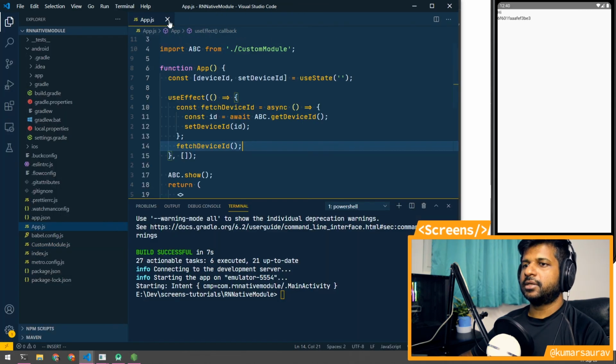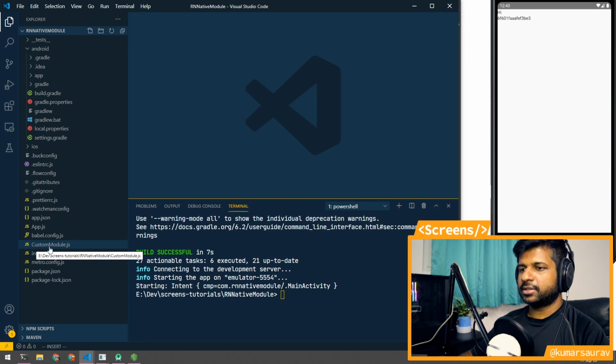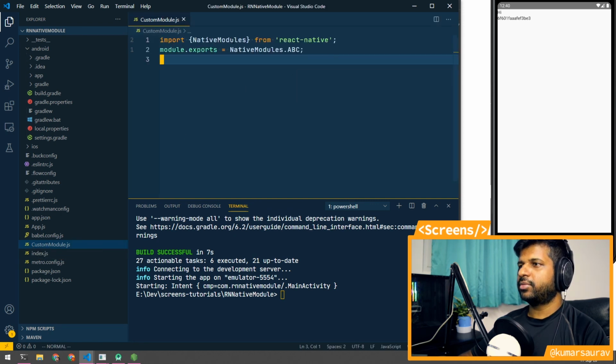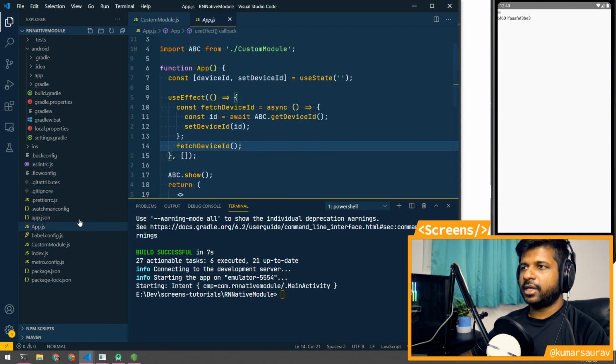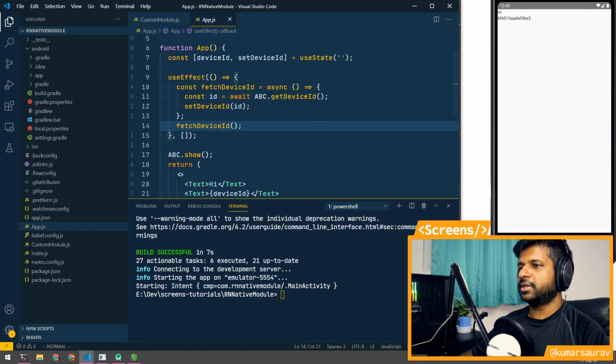And on the JavaScript side, we created a new file called custom module, and here we imported NativeModules, and then we use NativeModules dot the name of the string which we passed in getName. And then in the app.js, I called abc.show, which we can call directly.